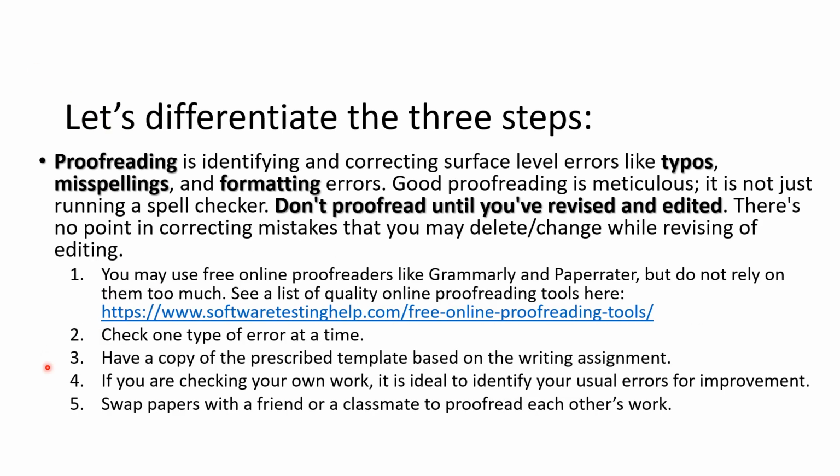Now, what about proofreading? When students in college pass their final defense, the last step in order to complete the course is the proofreading of their capstone or their thesis. So what basically is proofreading? For you to understand the scope of your proofreader's work: this is proofreading. A proofreader only looks at the surface level errors like typographical errors, misspelled words, and the format. So basically, this is what proofreading is all about.